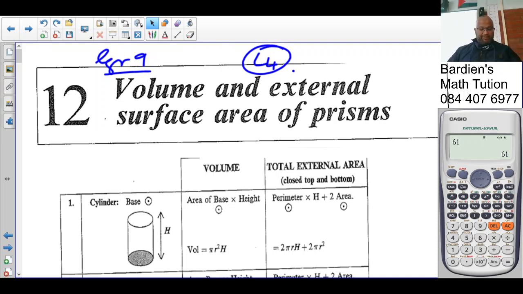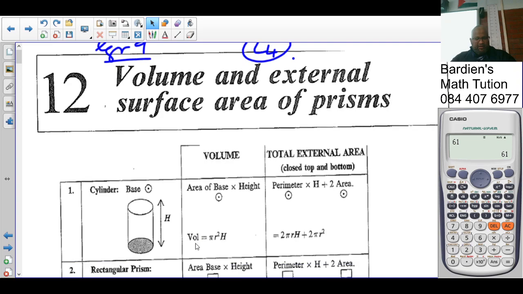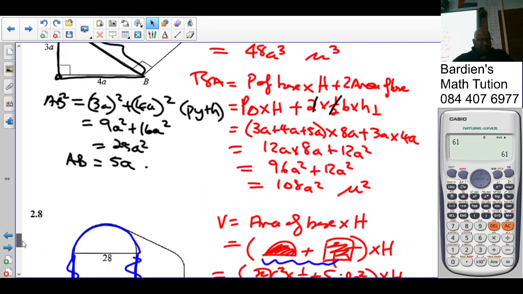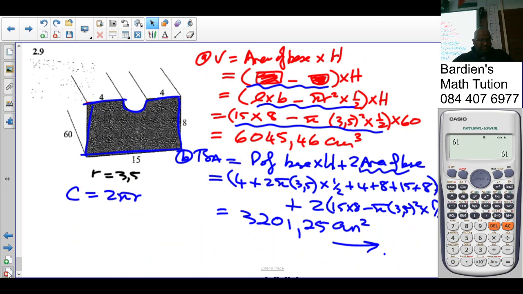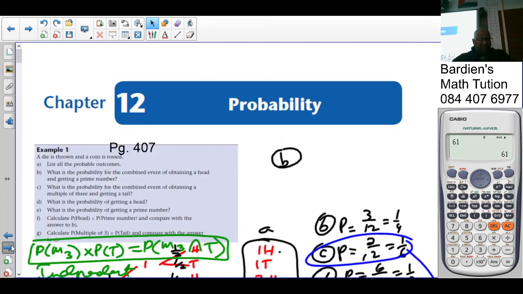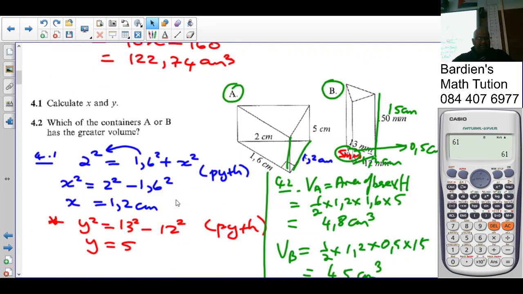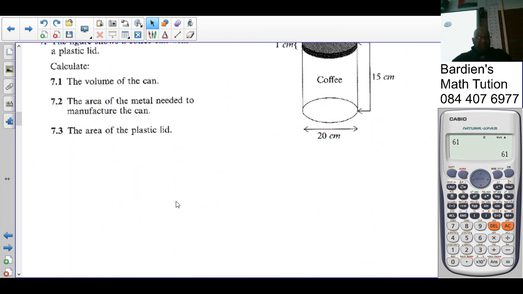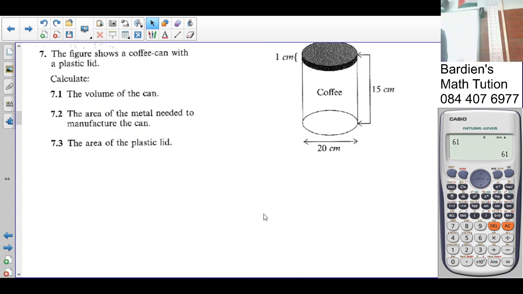Okay, good morning, class. So today we are on the last lesson of the total surface area and volume from this textbook. We should be wrapping up the last of these sums. So let's go. At this point, we have completed all of these shapes. I can delete this. So we're busy with number 7, not so? In question 7,